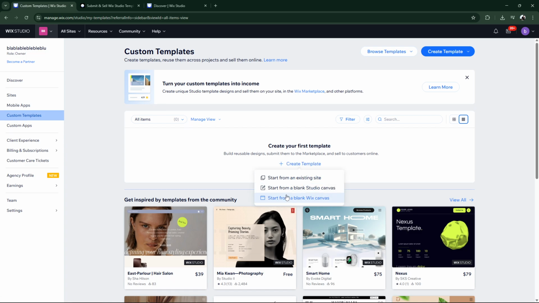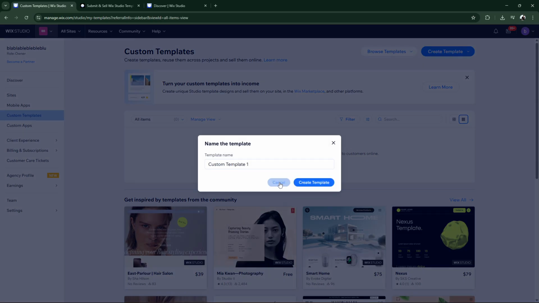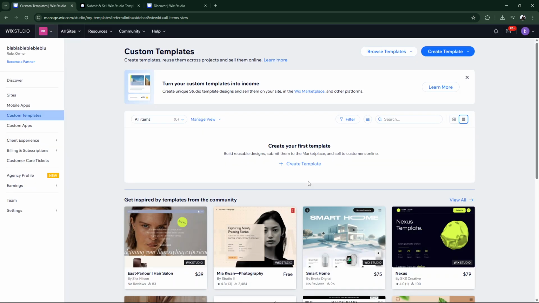Now, click on Create Template. It's a simple step, but it opens up a world of potential design possibilities. Essentially, this gets you set up to start crafting your template from scratch. If you have a specific design in mind, the next step is for you. Click on Start from a blank Wix canvas. This feature gives you a completely clean slate, enabling you to bring your unique ideas to life with no preset